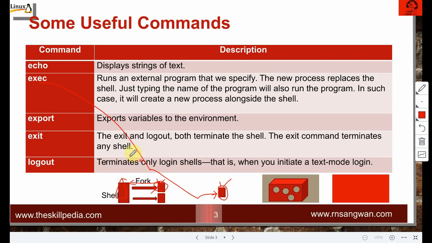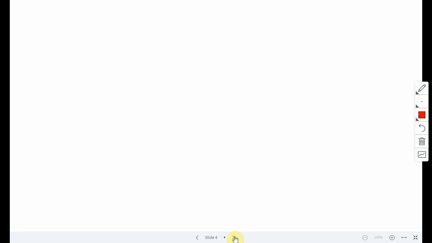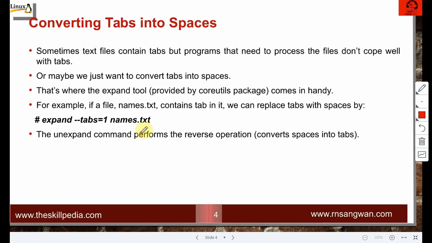The exit command terminates any shell, and logout will terminate only the login shell, that is, when you initiate a text mode login. So this is the difference between exit and logout. And I demonstrated this, I remember clearly. We have done it in the past.